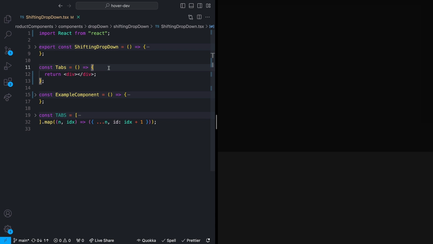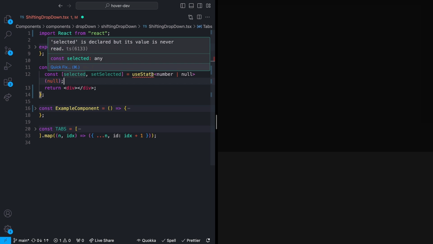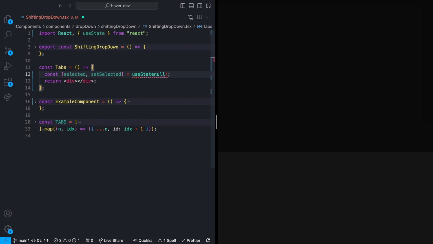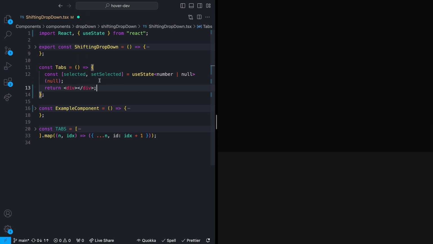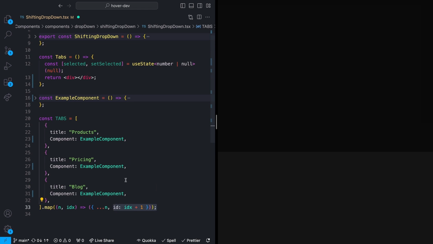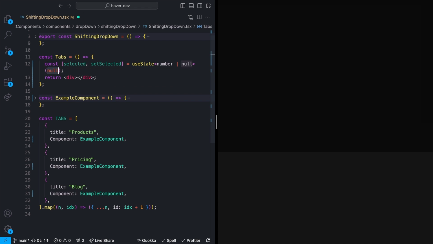We're going to need two pieces of state to actually make this work. And that's starting with a piece of state, which I'm calling selected. We need to make sure we actually import useState. Obviously, if you're not using TypeScript like I am, you can ignore the number null typing thing right here. But essentially what this is going to do is tell us which of the tabs down here that we have selected. So remember that I'm saying that each ID is just a number. So whenever we're hovering over number 1 or tab number 1, it will be 1, else 2, else 3. And if we're not actually hovering over anything, it's just going to be null.